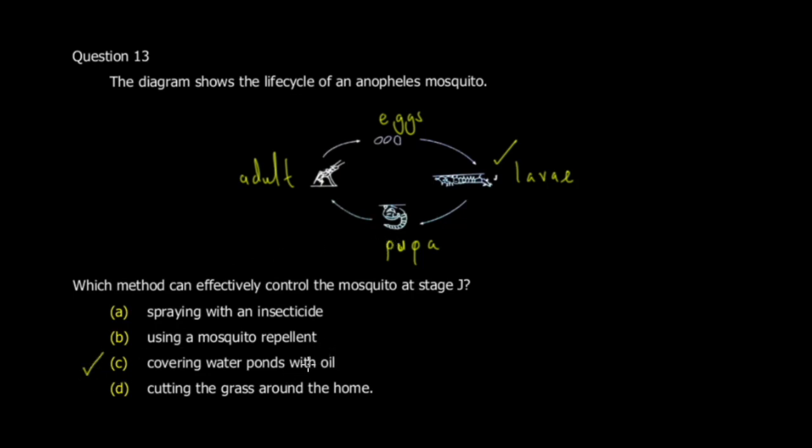This one here. Okay, cutting grass at home, cutting the grass around the home would be for the pupa stage, and spraying insecticide and using mosquito repellent would be to control the adult stage here. Let me show you a bit